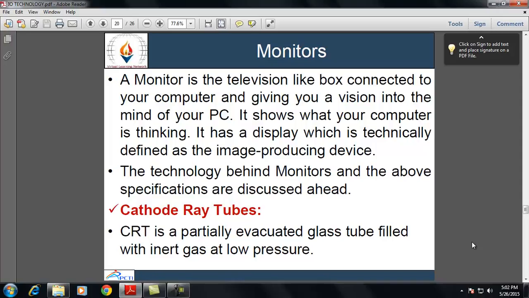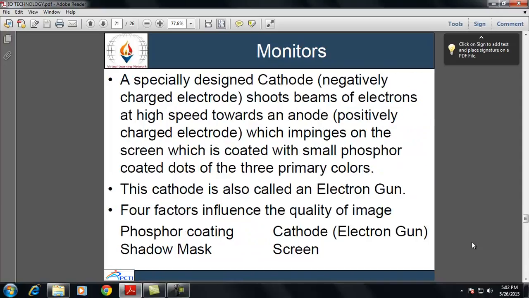The cathode is also called the electron gun. There can be one gun for each color, or one gun for all three.